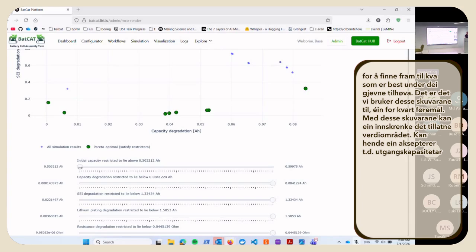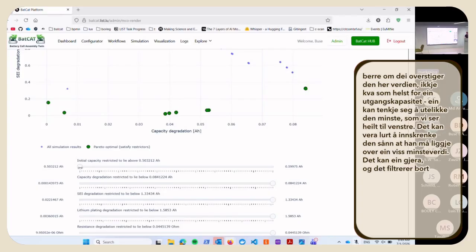For each objective, you have a slider, and you can, with this slider, restrict what you allow. Right? You might want to accept initial capacities only if they lie above this value here.